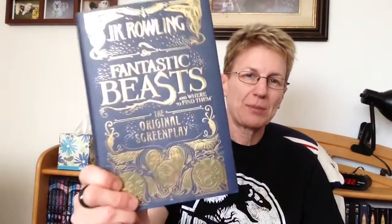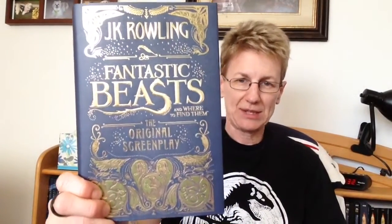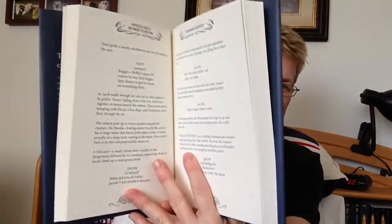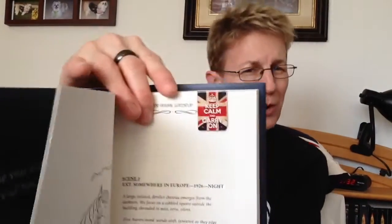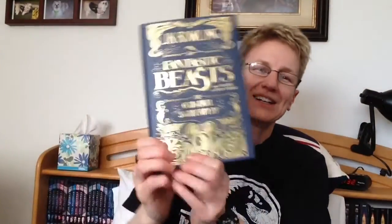And then I also picked up a copy of J.K. Rowling's Fantastic Beasts and Where to Find Them. This is the screenplay, so it is literally written in a screenplay format. I have not seen the movie, so I really don't know much of the overall plot other than little snippets I've seen in the trailer. So I'm literally just about to launch off on that one. I've got an appropriate bookmark there, I thought. I picked that one up at Barnes & Noble, and as I mentioned in my video, it's currently 50% off, so if you haven't gotten a copy yet, hurry